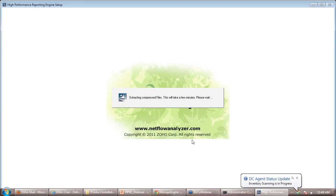Analyzer. I'm deploying this HighPerf reporting engine on a remote machine. First, I'm going to install a database server. It will ask you a few questions during the installation, whether you're going to do a full installation, that is HighPerf DB server plus client. This option has to be selected only if you are going to install the HighPerf DB server on the server in which Netflow Analyzer is installed. If you're going to deploy this HighPerf reporting engine on a remote machine, then you have to select HighPerf DB server and click on next, and the installation path would be F,